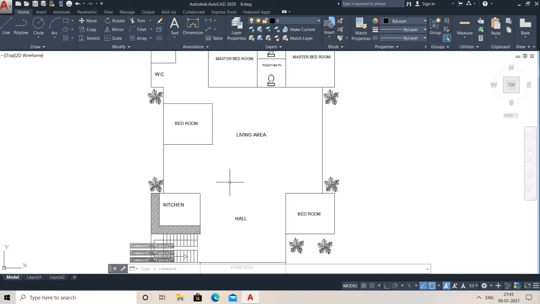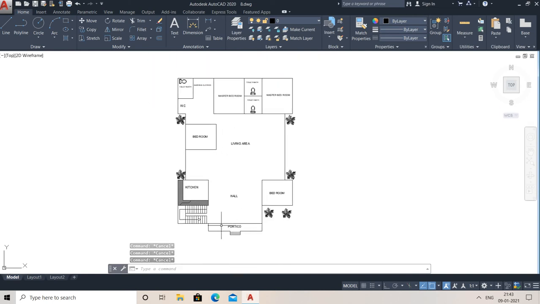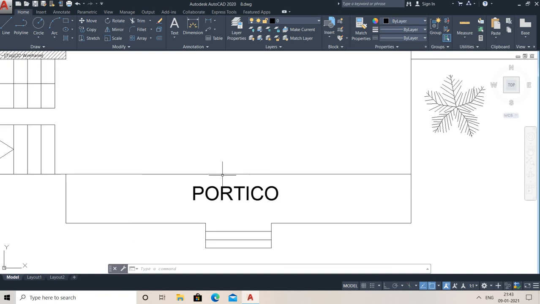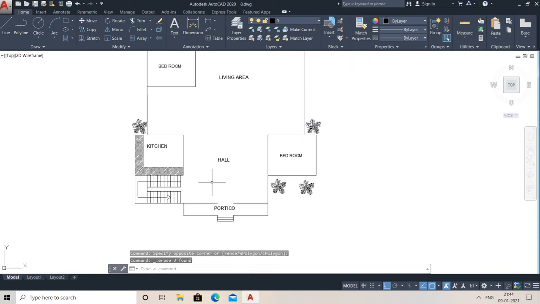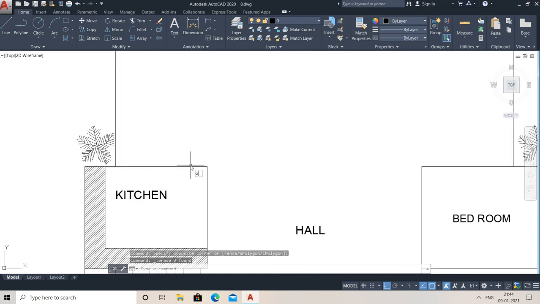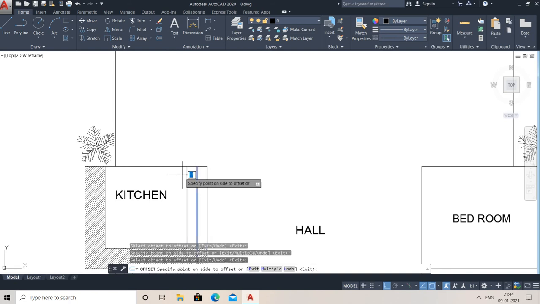Now here my work has almost been done. So here you need to have some door openings. If you do this, that will be also better for you. Just go for ortho on, I have done it here, go for offset of 2 feet because your main door will be of the same thing, 4 feet, so that will be also good. So just go and delete this. Here you need to write D for door, go for offset command of 1 feet from here to here, and then after go for 3 feet.